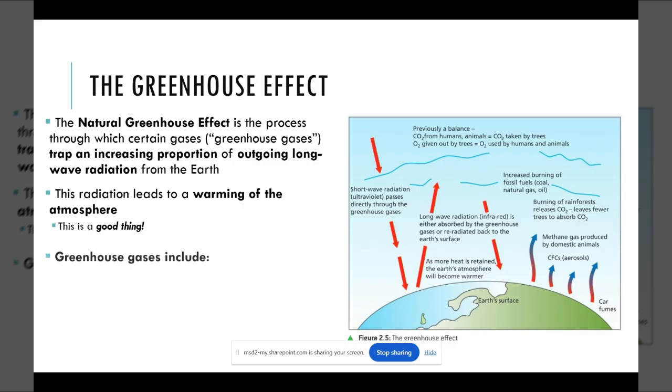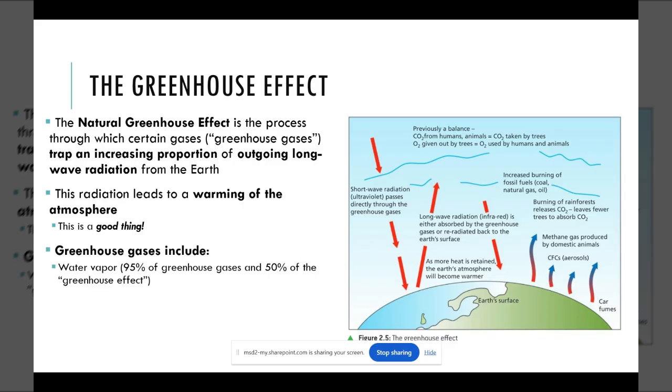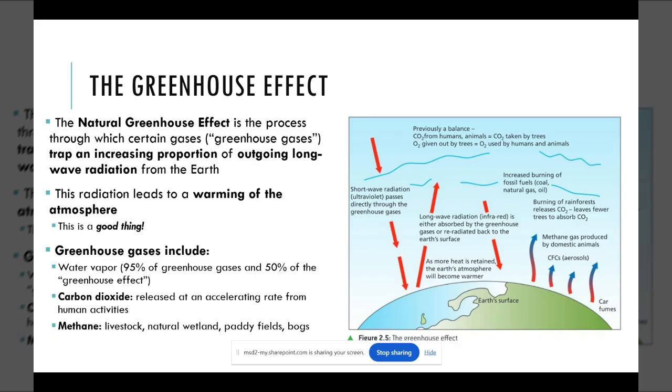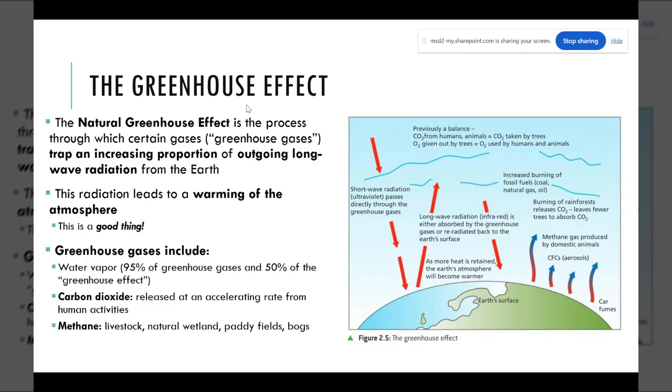The greenhouse gases include, the most common ones are water vapor, which is actually about 95% of greenhouse gases, but only 50% of the effect. So it's not a super strong greenhouse gas, but it is the most common greenhouse gas. Carbon dioxide is released at an accelerating rate from human activities, and we'll get to the enhanced greenhouse effect in a second. Methane is usually from livestock, wetlands, rice paddy fields, bogs, swamp areas, things where you have decaying matter, decaying